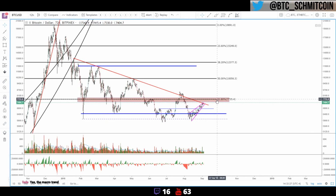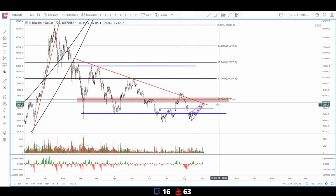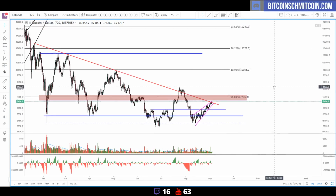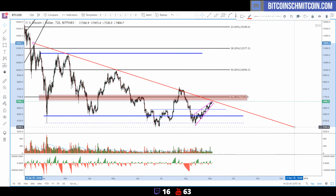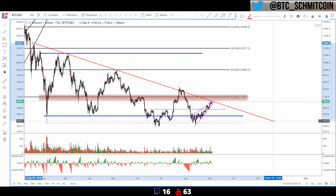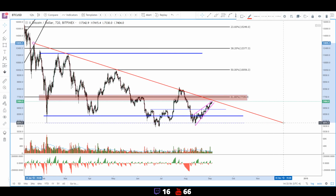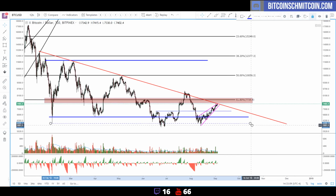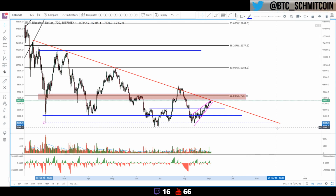The thing with descending triangles is they like to break out approximately 66% of the way, so 2/3 of the length of the triangle. And if we extend this thing, however you want to draw it, it's more like right there. Then we're about 66 to 75% of the way through the length of this triangle. And what I mean by that is, if we extend this thing,